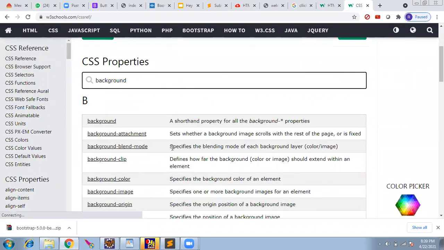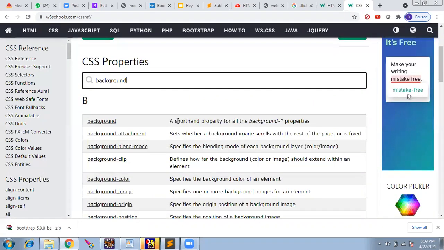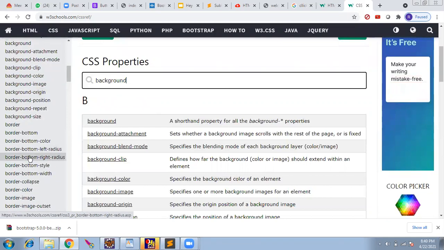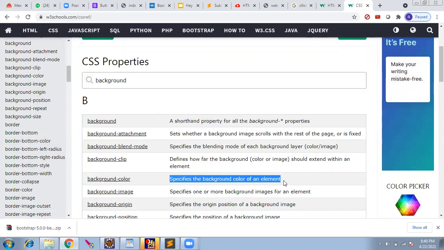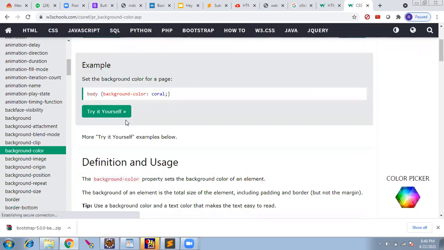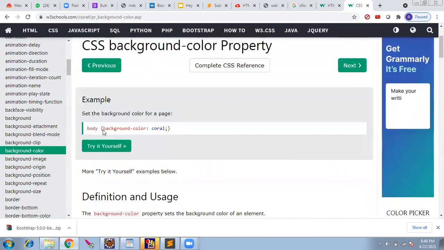Most of the time you'll use only within 10 or 20 CSS properties, so don't worry about the many properties which are there. You'll never even use them. We have background color, which specifies the background color of an element. If you go inside, they show the syntax. We just have to give background color like this.